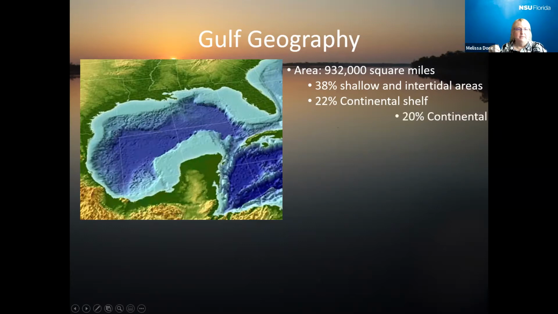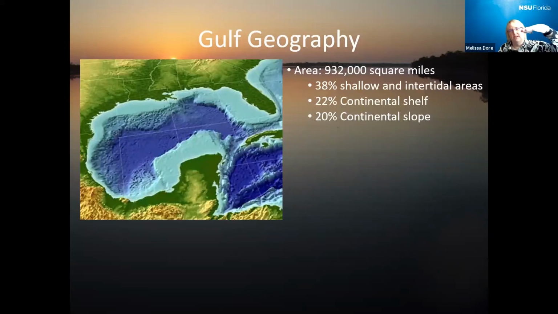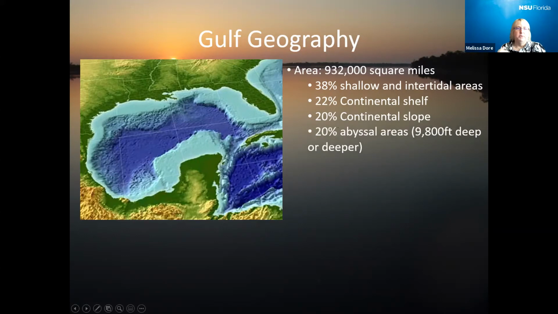That doesn't mean we don't have deep, because 20% is continental slope. The slope is the darker blue, not quite the dark blue, and that is the angle at which it is coming down. So you come in, you have the intertidal areas of the land base, then the continental shelf, and then it goes into the slope. After the slope, we go into what we call the abyssal or the deep areas. Those are the dark blues that you're seeing in the image. That's 20% of it. Abyssal means, and you'll see another graph later, more than 9,800 feet deep or